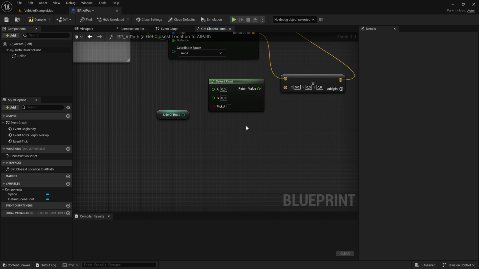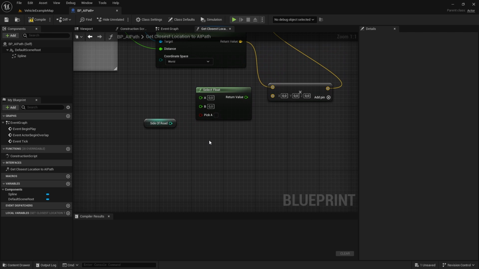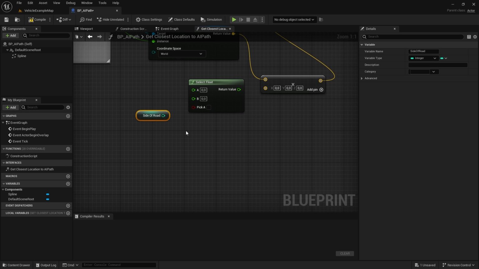So how is this going to work? Well, the idea is that the side of road is going to feed into this Boolean value. Now, if you didn't know, integers can be converted into Booleans. The idea is that if an integer is 0, that means false, and if an integer is 1, that means